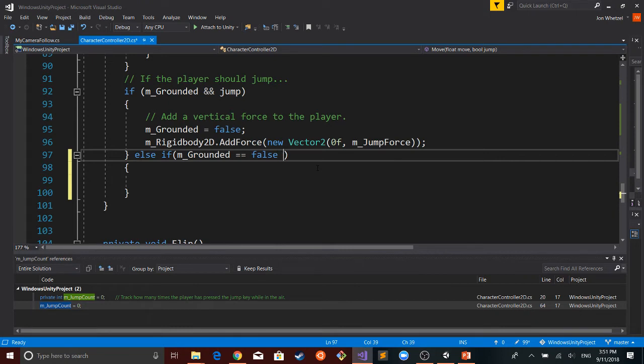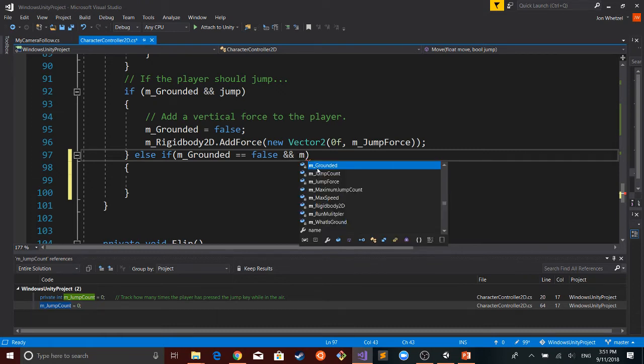So if M grounded is false, meaning that we're in the air, and we want to know that our jump counter hasn't exceeded the jump count value, the maximum value that we specified.